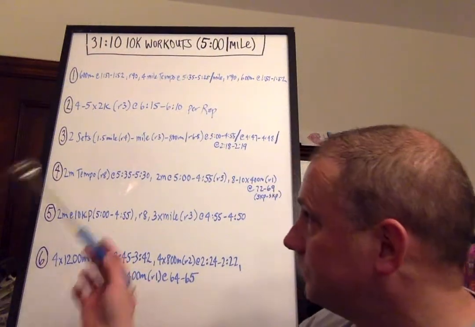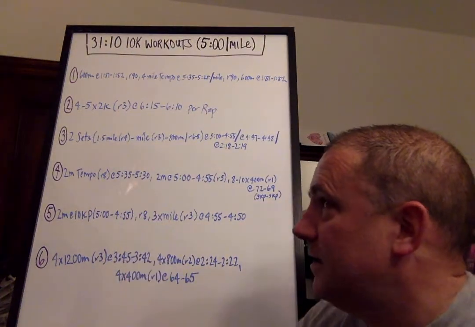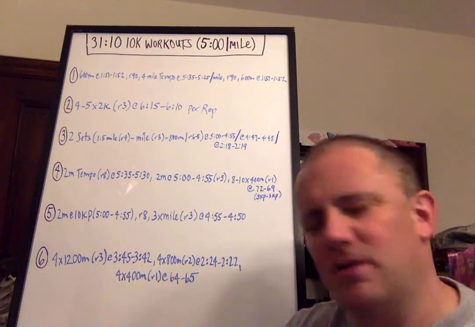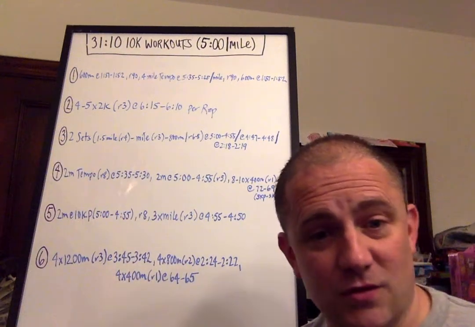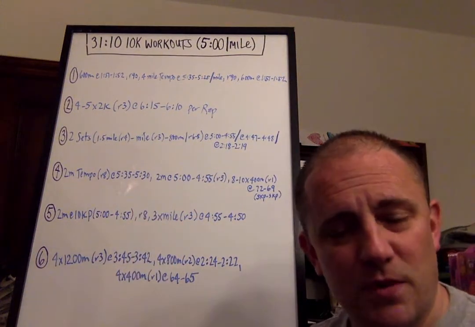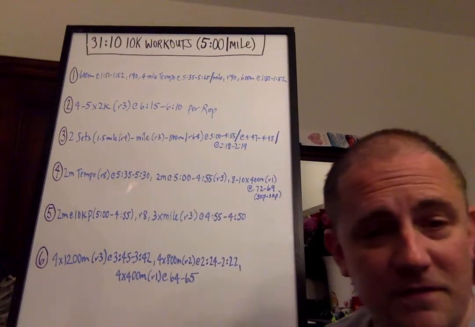Workout 3. This is broken down 2 sets of 1.5 mile, 1 mile, 800 meters. So the set itself is 3 miles of total running. The whole workout is 6 miles of total running, but it's broken down into pieces, okay? 1.5 miles or 2,400 meters or 6 laps on an outdoor track at 5 minutes to 4:55 pace, at goal